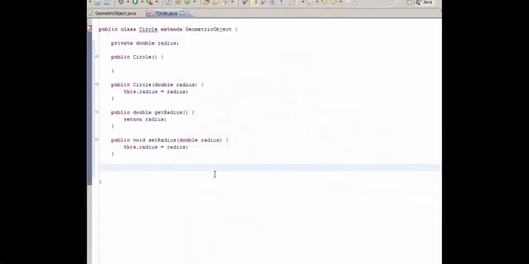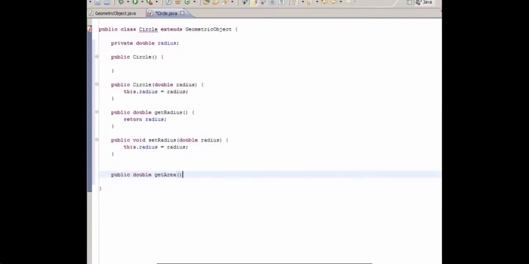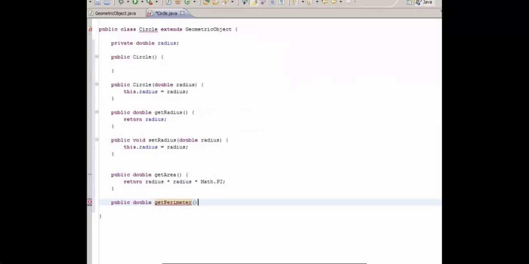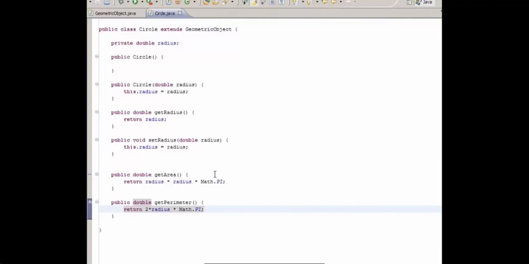Okay, so there they are. Now get area: public double getArea, return radius multiplied by radius multiplied by Math.PI. Public double getPerimeter, return 2 multiplied by radius multiplied by Math.PI. Okay, so if we save that now, you can see that the compiler error has gone away because we've implemented